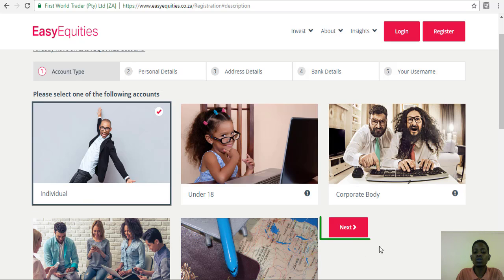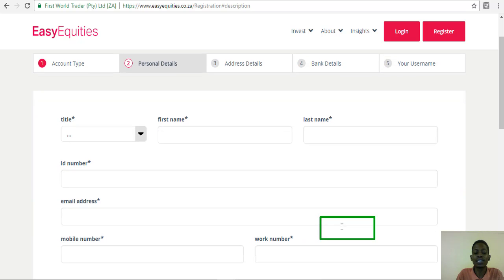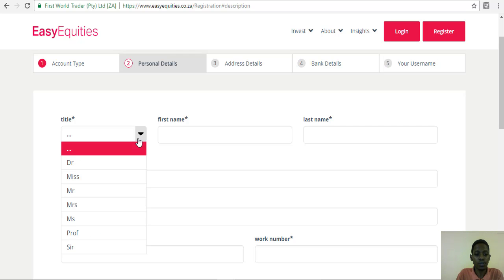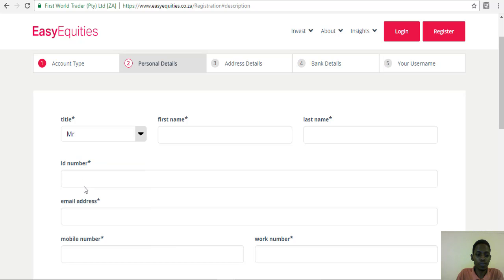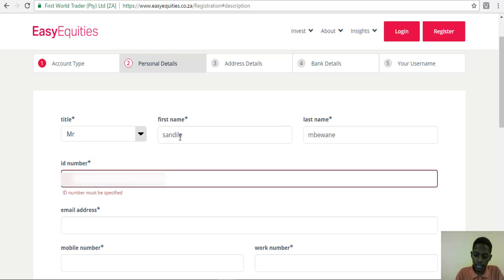Let me continue. The next step is to click on this next button. Once it's highlighted here for an individual, you click on the next button and you fill in your basic information, just like you fill in a form manually. Here you're also filling in a form. The only difference is that it's online and electronic. So let me fill in the form. I'm typing in my name, my surname, my ID number,